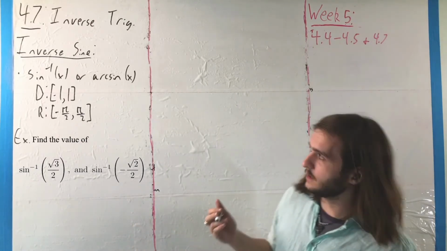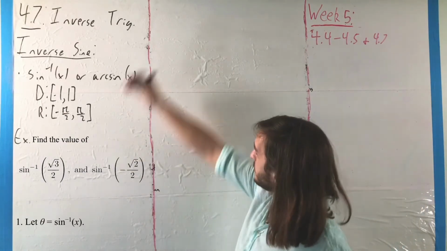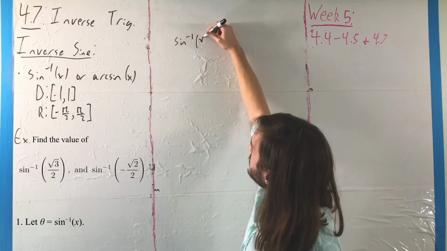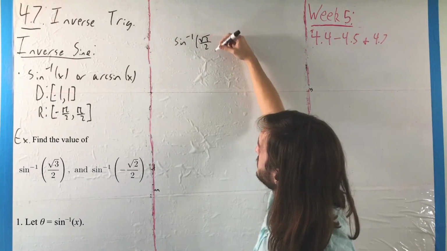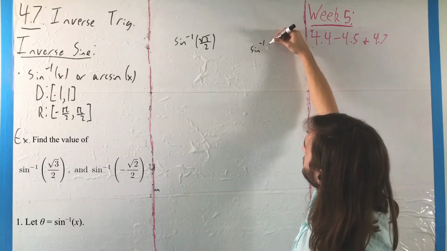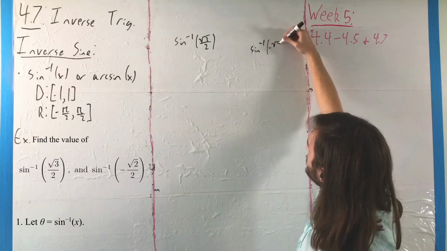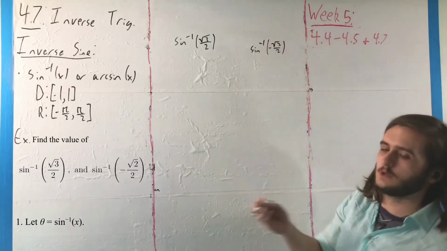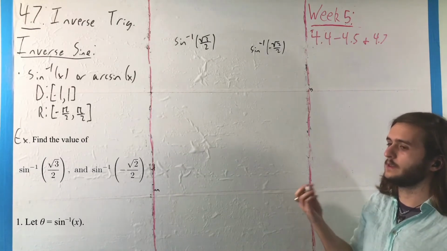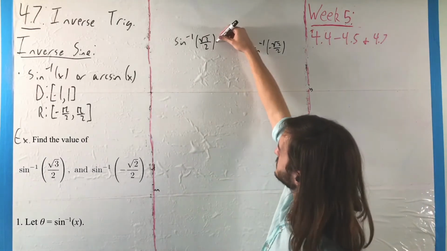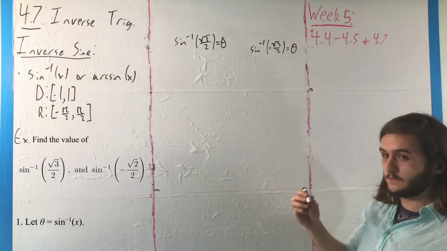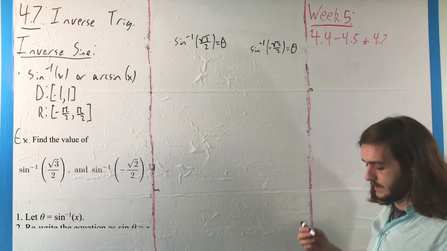So for the first thing we want to talk about here, we want to understand that with these values, sine inverse of root 3 over 2 and sine inverse of negative root 2 over 2, we're essentially saying that we know something about a y-coordinate of a radius, where that y-coordinate is going to correspond to some angle theta. And then from here, for our second step,